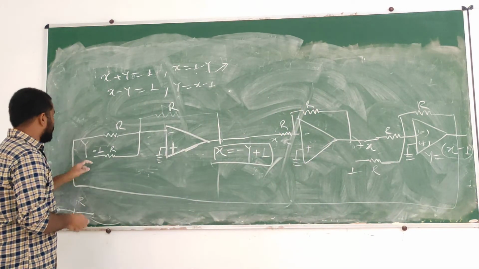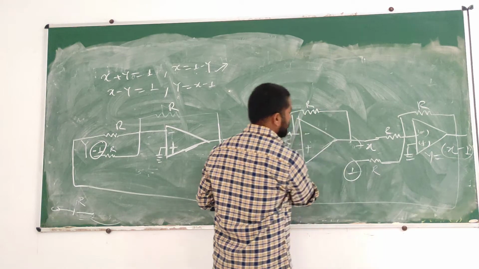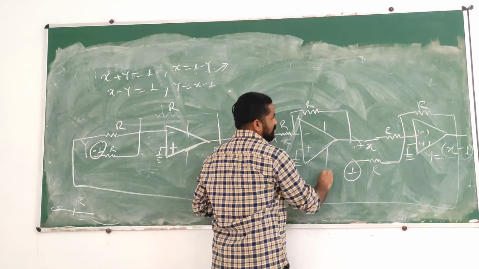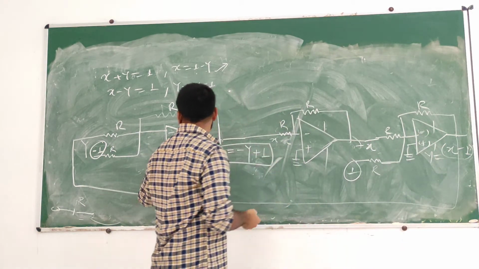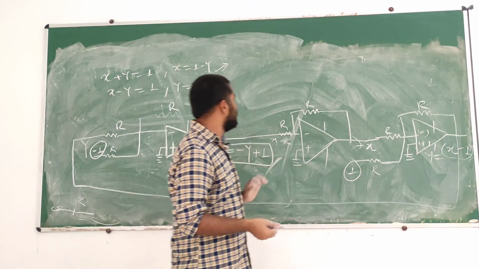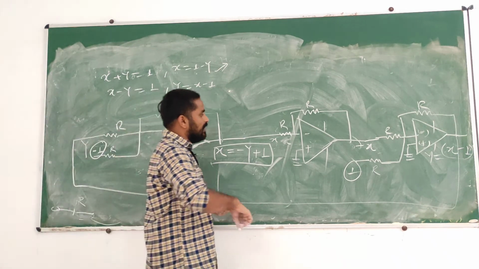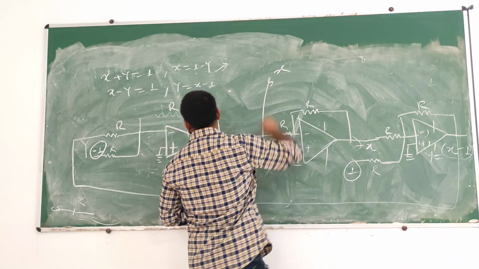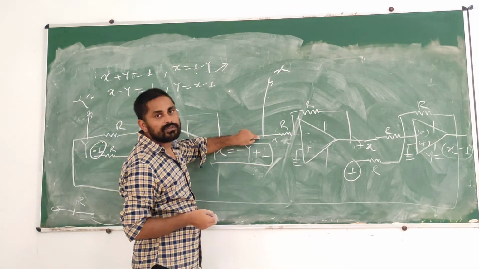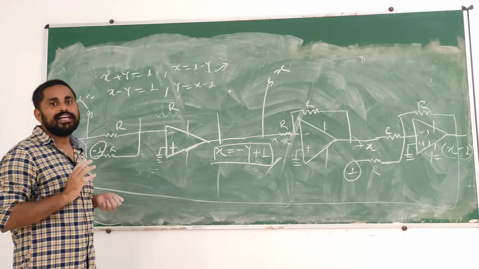Now we have applied minus 1 volt extra and here 1 volt extra. Otherwise you just need to do the biasing, this biasing, this biasing and this biasing. If you apply 1 and minus 1, you just need to apply these two values, and then you can easily get the solution of this equation. If you tap the output voltage over here, it will give your X value. If you tap from here, it will give your Y value. If you apply the multimeter and see the voltage over here, it will give whatever voltage we are getting at the X terminal and Y terminal, and that will be the solution of your linear equation.